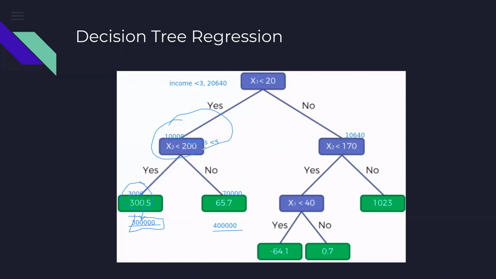Another way says that no, let's not go into that kind of computation. We can estimate the price just by asking a few questions. And by asking a few questions, I will go on dividing my data set, and depending upon that, I will be able to make the prediction. So if the depth of the decision tree is 5, it means that I ask 5 sets of questions, and at the end of those, I will be able to tell what the ideal price of this house should be.